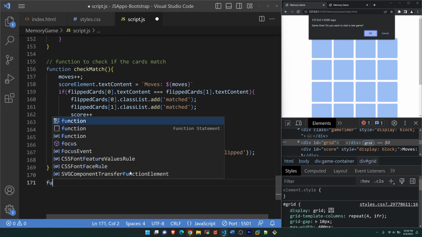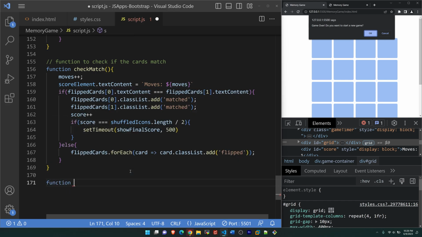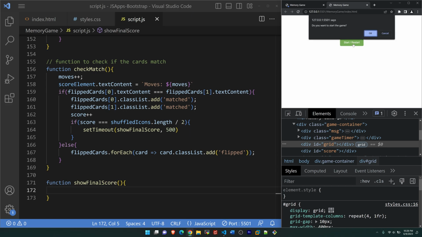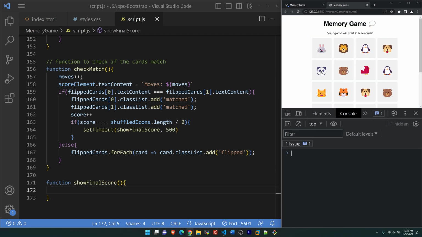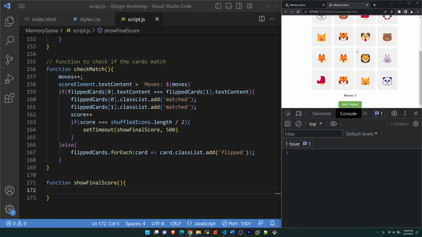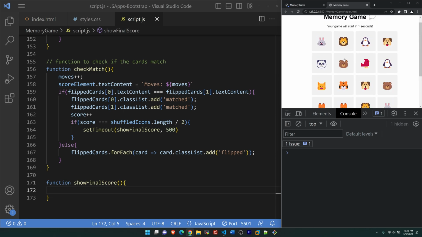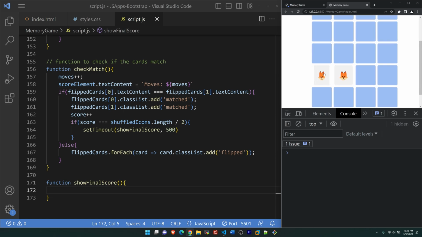Let's create a function for show final score, and then we will check the functionality to see if it's working or not. Okay. So inside our game, we will do start or restart, and then we will do this. Okay, so this is working, and then